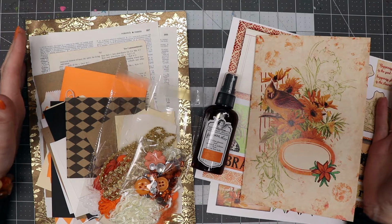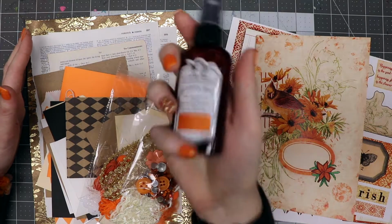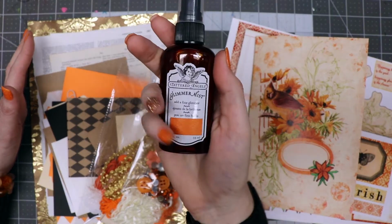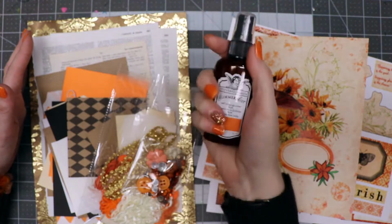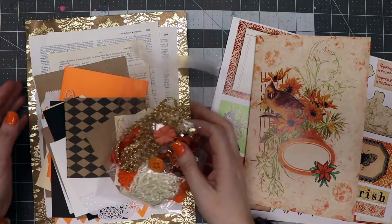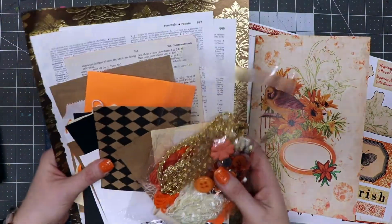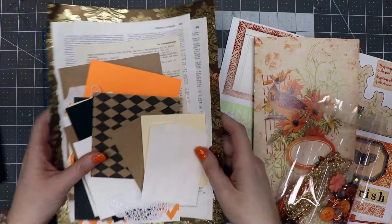So this box is $24.99 and I'm going to go through all the goodies that you get in the box. You get an exclusive color of Tattered Angels Glimmer Mist that matches everything in the kit. You get a goodie pack of items that I have hand selected, so let's get started on all of these